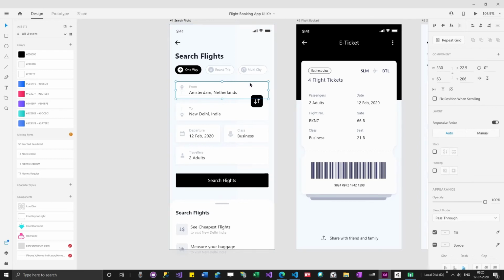This part looks like a text field, and then there is a container with a column of icons and then a text field. This is how we break down our UI.